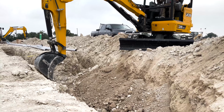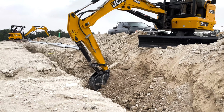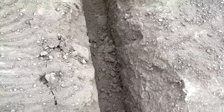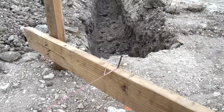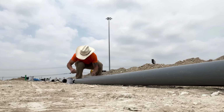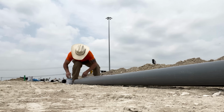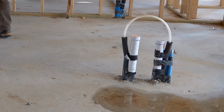So this would mean getting mini excavators in and digging trenches and getting all of our underground conduit, maybe from a transformer on one side of the property, run all the way over to where the service location is going to be. Or for larger homes, you may have multiple different buildings, with different panels going in different places. So you might dig trenches to get power run from one panel over to another panel, to a garage, something like that. Or if you have floor plugs, or an island in your kitchen,